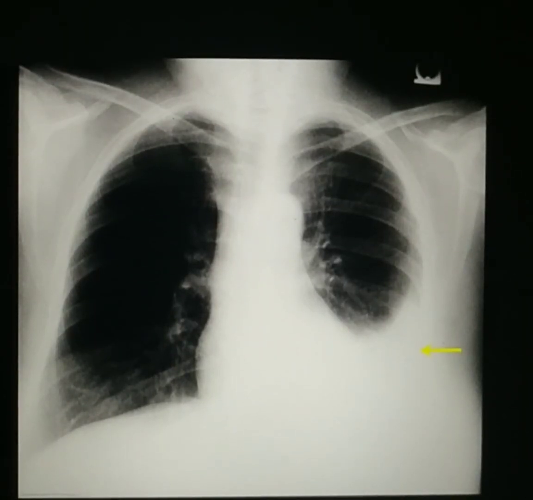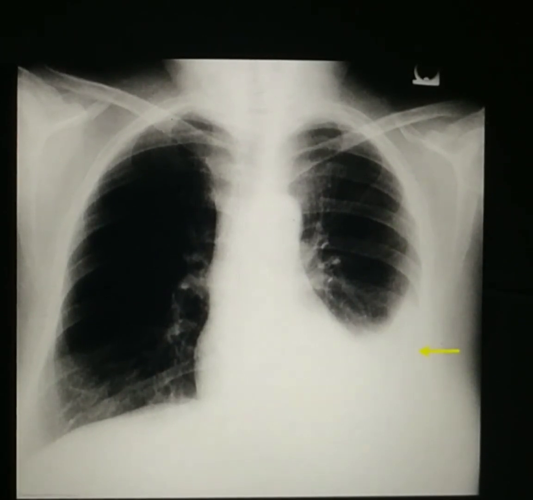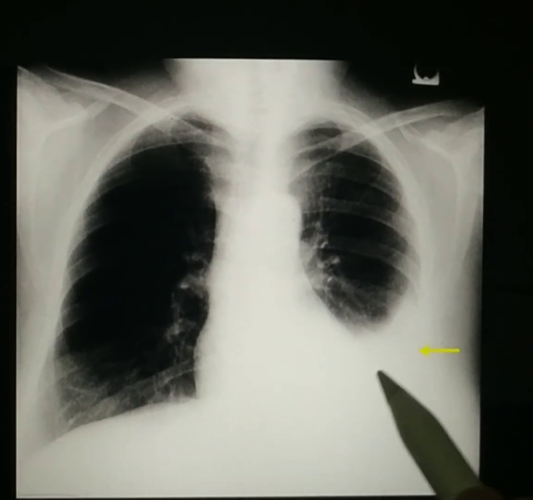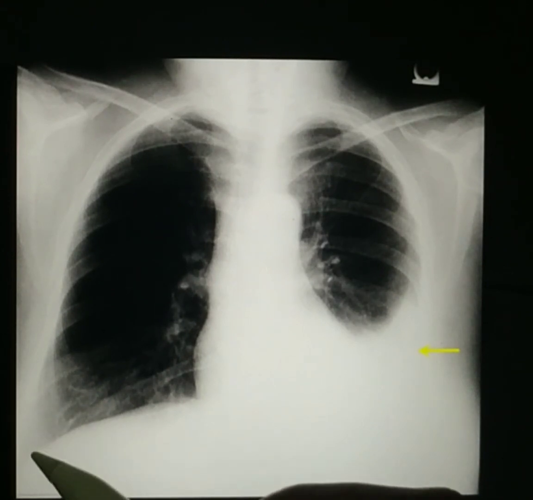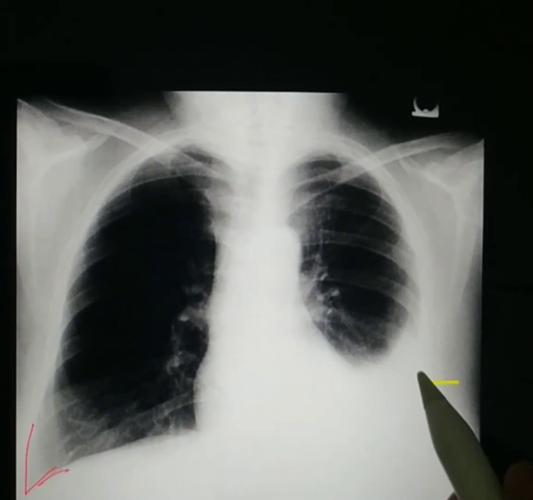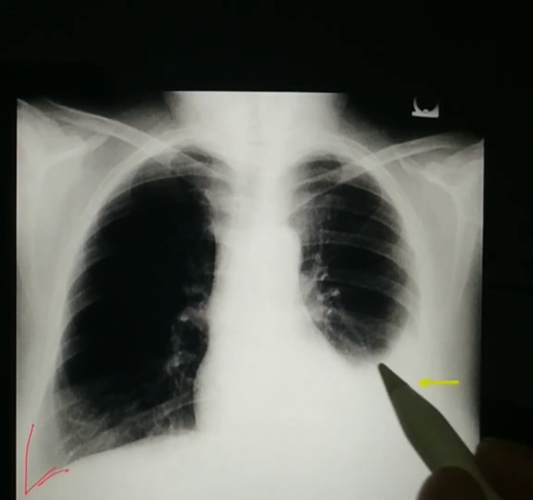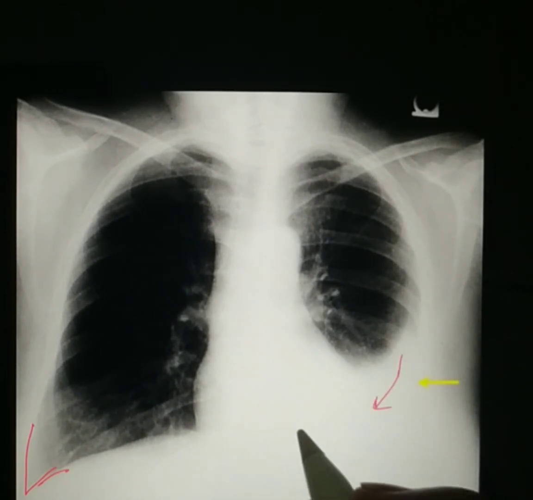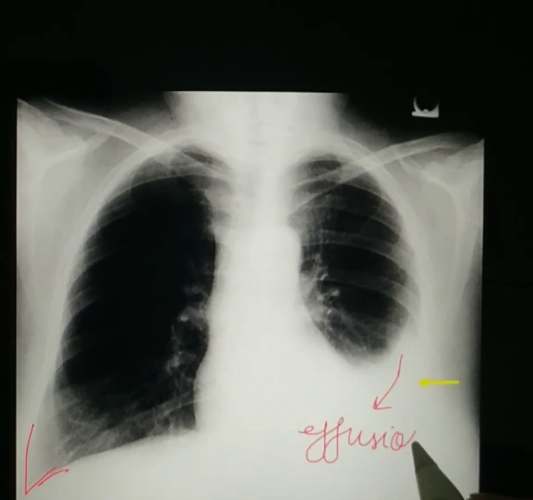Now we will see some of the X-rays which are typical of the pleural effusion. In pleural effusion, there is blunting of the costophrenic angle. Like here, you can appreciate the costophrenic angle. On right side, it is almost clear. But here, this is completely opaque. So this complete opaque area is area of effusion. Here there is left-sided pleural effusion.